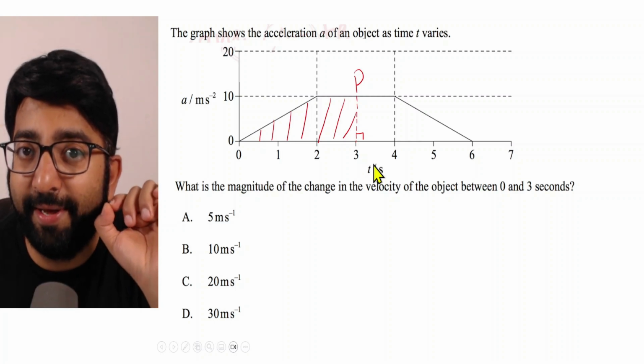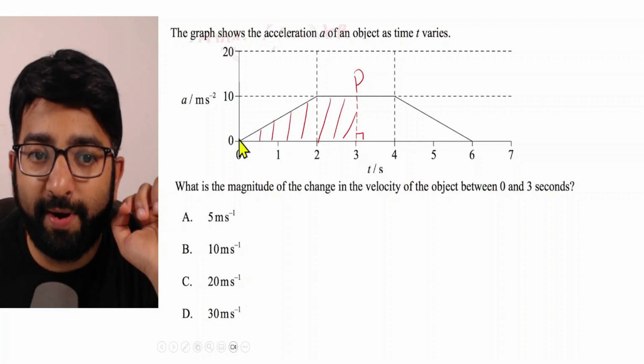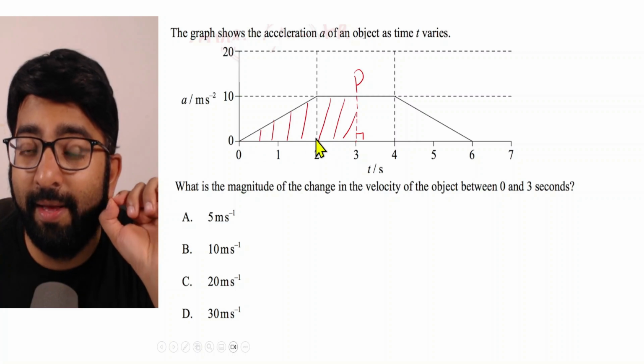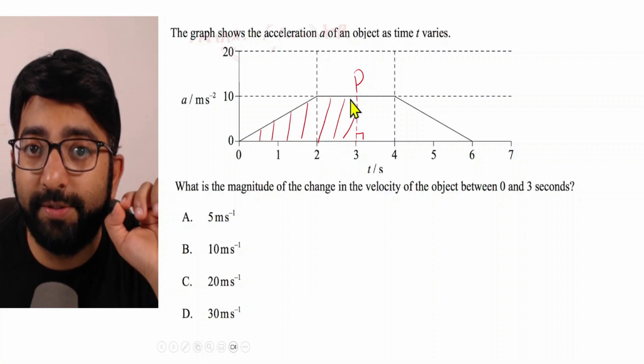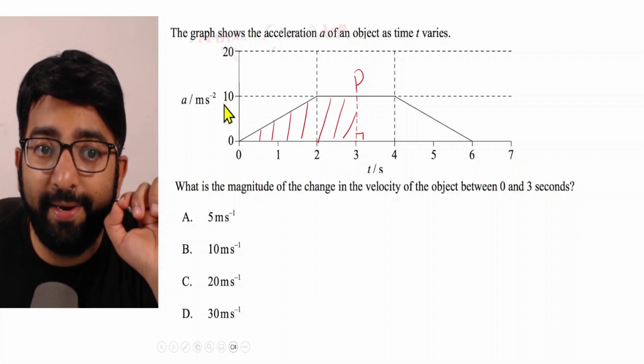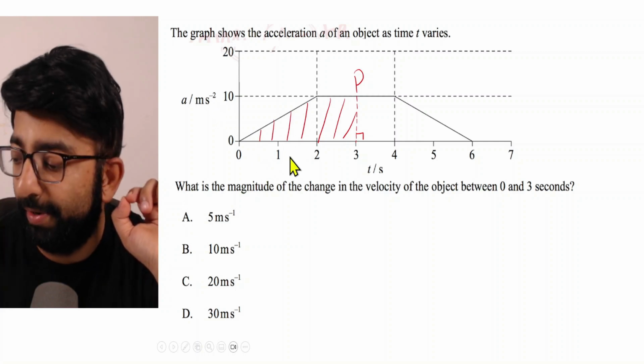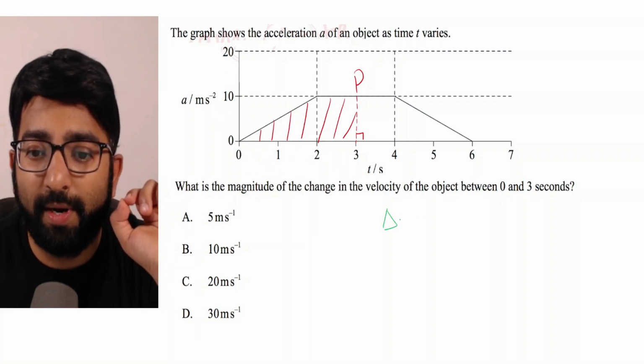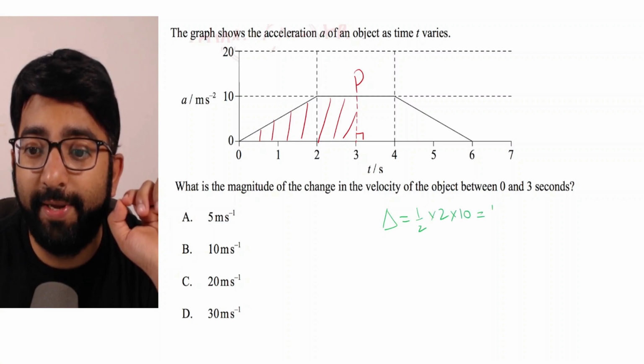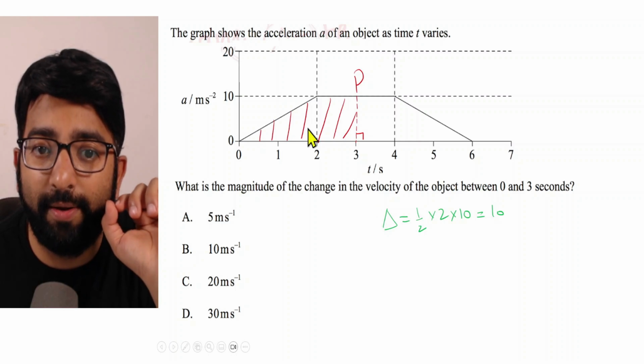And that area is very easy to find. All we need to do is first find the area of this right angle triangle and then add the area of this rectangle. In this triangle, the height is 10 units and the base is 2 units. So let me write down. Area of the triangle will be half into 2 into 10. If we solve this, we will get 10. So 10 is the area of the triangle.